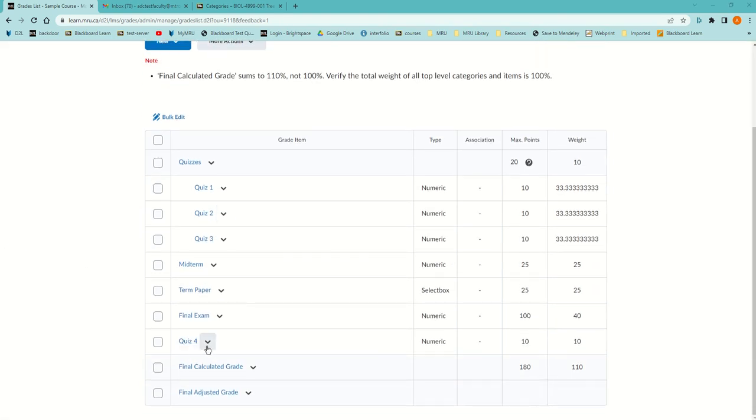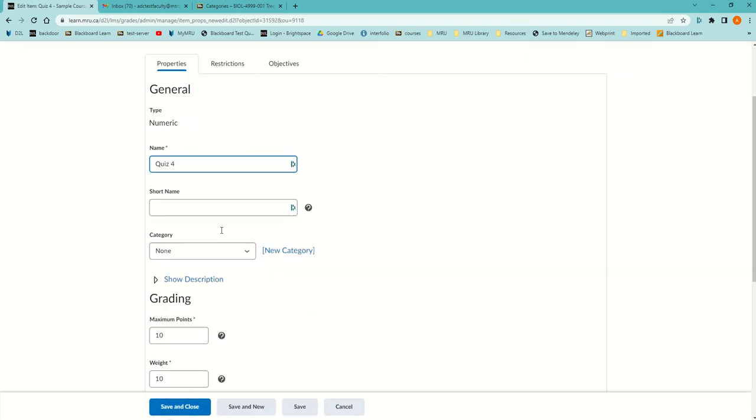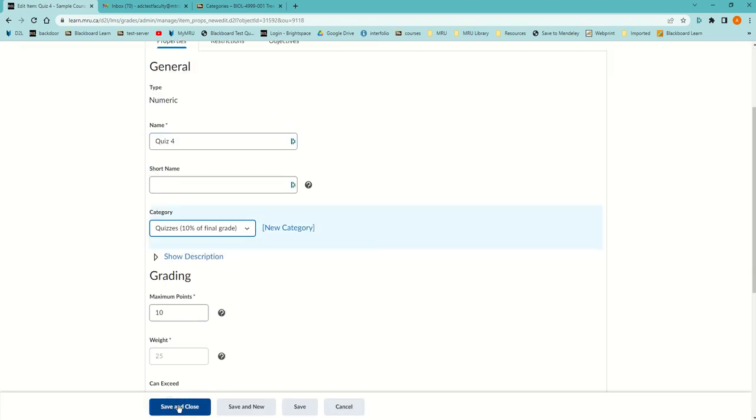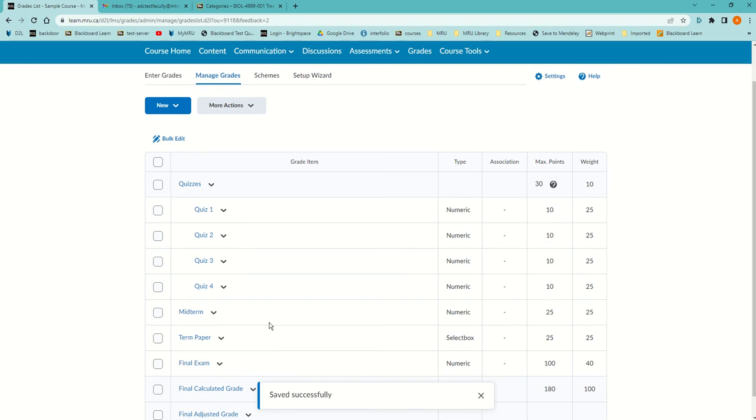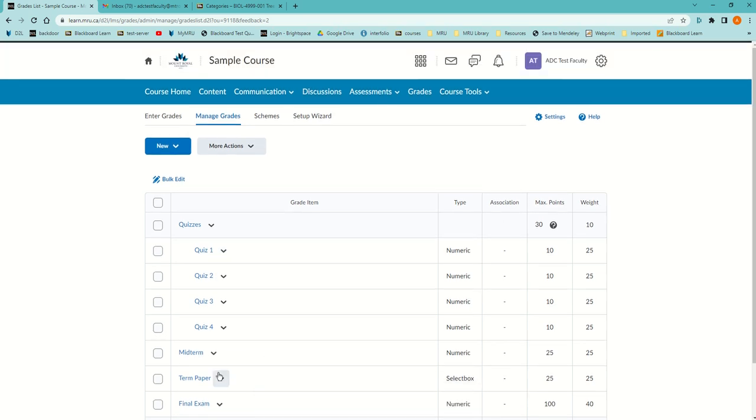When I made quiz 4, I accidentally didn't categorize it, but I want to show you that I can still do that. I can still click the down arrow beside quiz 4 and edit and put it under the category quizzes. Good. So now, when I actually make one of these, a quiz, for instance, if I go to assessments and